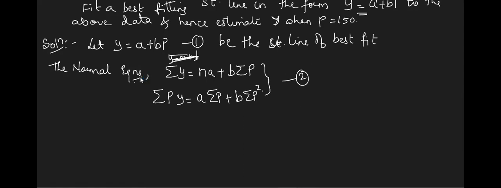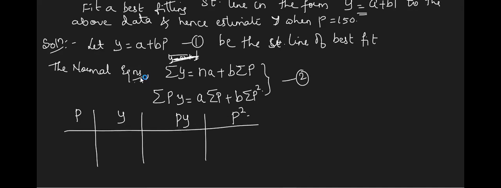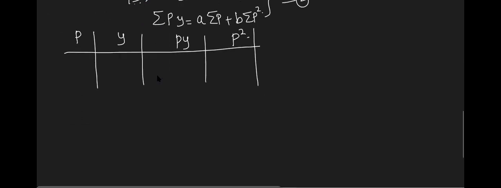Again, some of the values are to be calculated with the help of a tabular form, right? So let us call p as p only, I'll not change it. Let us take y as y. What else is required? p into y, and p square. Very good. Let us complete this table. Hope you can do it. You can complete the whole table, and after doing it, tell me the summation values. I'm interested in getting the summation values.